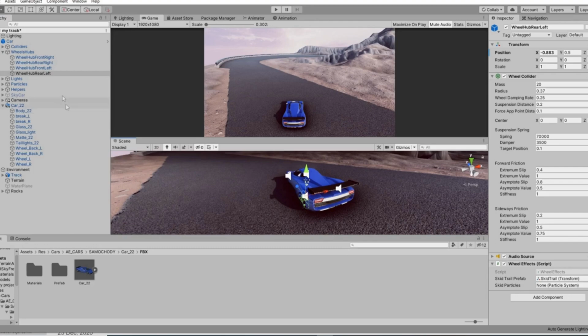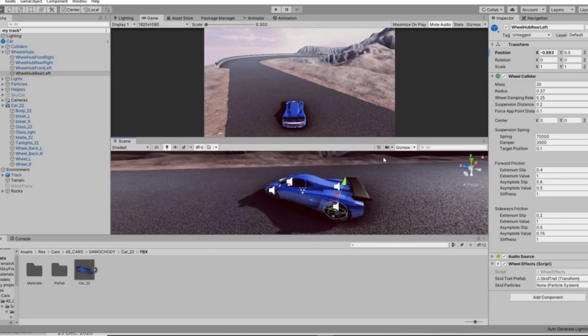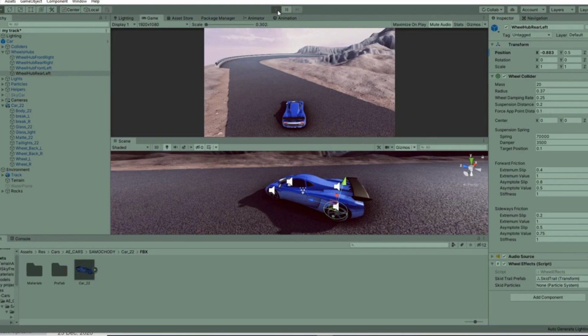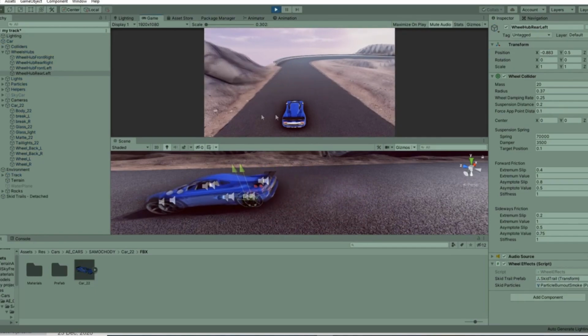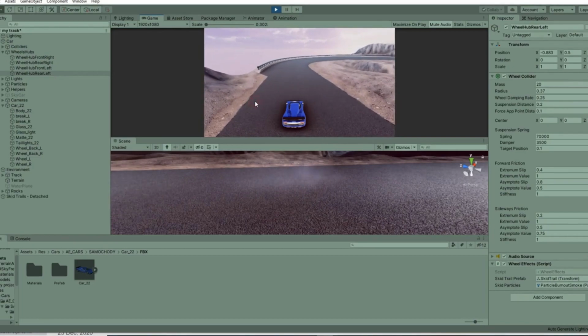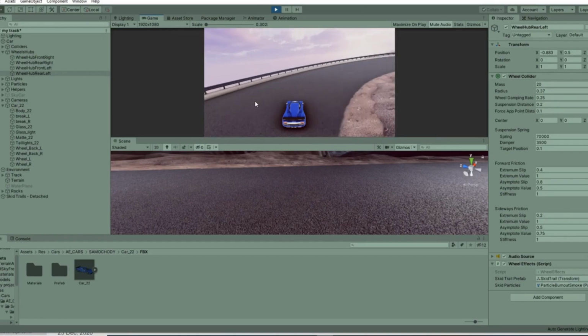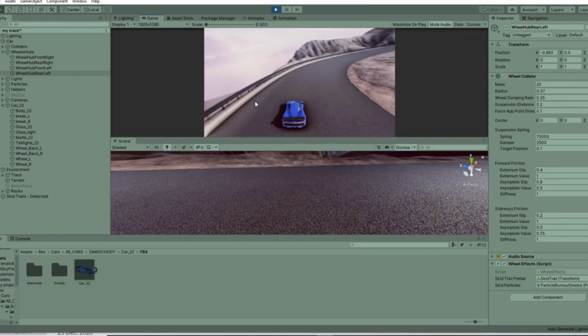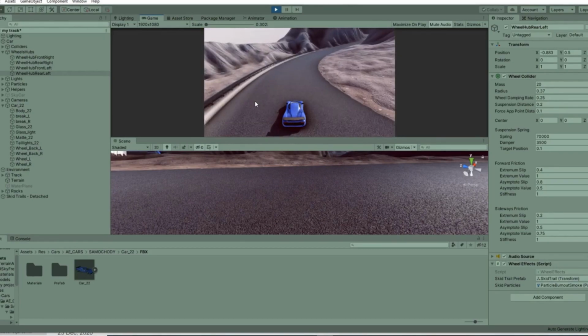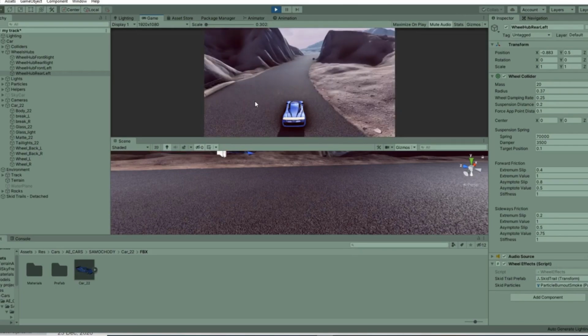You can place the wheel colliders where you think your wheels should be placed. And now you can see that our wheels are at correct position, and now we can drive our car. So now we have replaced the Sky car with our own car model.